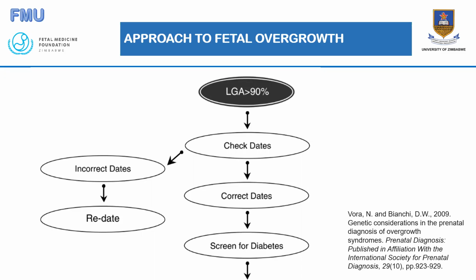And diabetes is a disease to rule out in every big baby. So if you are scanning a patient in the routine clinic and you suspect that the baby is large for gestational age and you want to refer to the specialist clinic, before you do that, make sure you have ordered an OGTT,